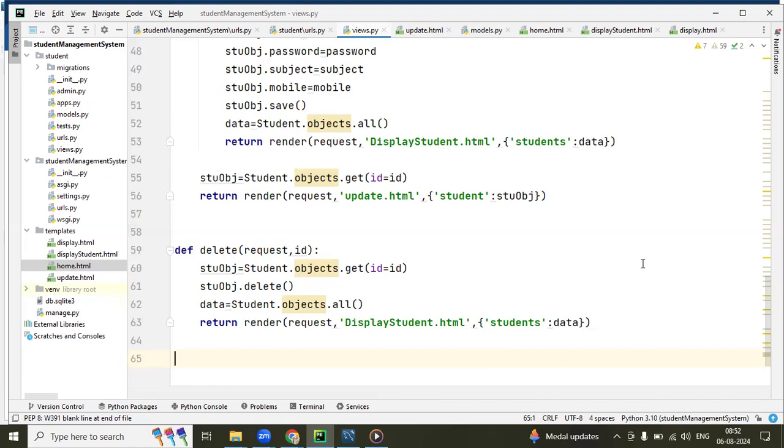What is the URL display? Display. STD. So when that views that display investment statement,